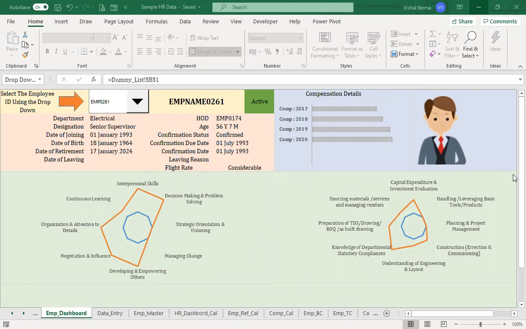The position where you want to put the upper part is decided by you. I've just kept it on the top, and then we can have the competencies on the bottom. It has been placed intentionally so that it can be differentiated that this is a two-part dashboard, and both of the calculations will be going on different aspects. So first we will be doing the calculation related to this and see how this information gets into the data. And then we will be working on the competency part.